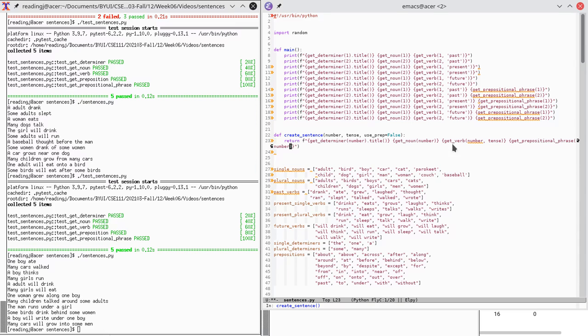Now, again, that gets a little long, so it turns out I need a continuation character there. Okay, so that's not so long. So now I've got this create sentence that calls each of these functions, and so now I can just say